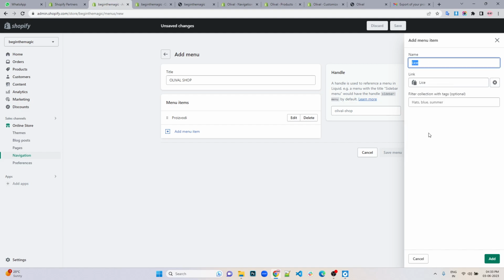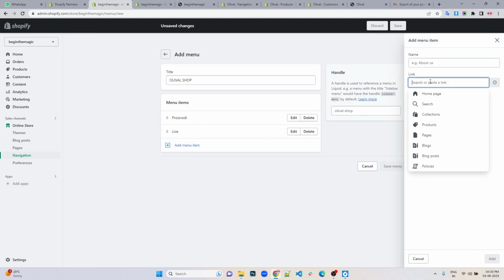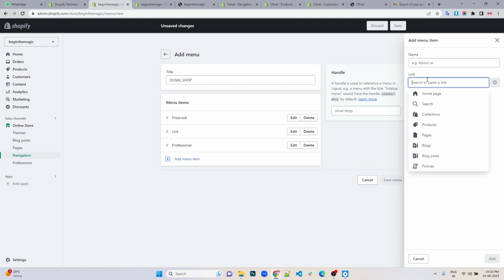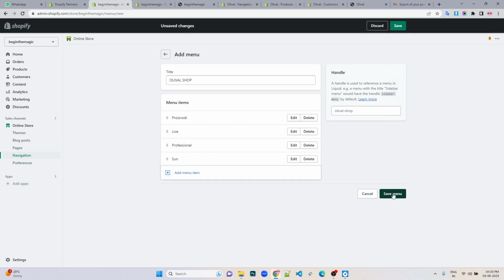You can select collections, and it would be visible, like lights, for example. So that is one way. Like collections, we select the collections. Professional comes up automatically. If you want the collection, you can change the name, right? Even the products come up. So I'll just put these for now,